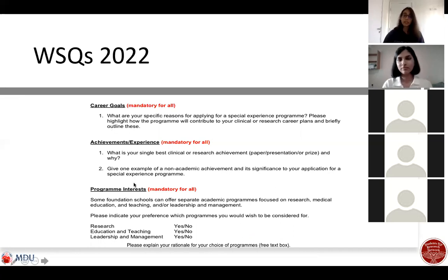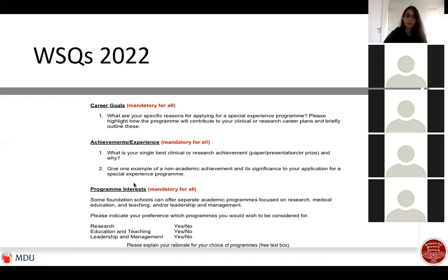Achievements and experience, that's the second set that's mandatory for all. Essentially, they want you to describe one clinical and one non-clinical achievement and how this would help you in this program. While we're going to discuss different strategies later, one tip for this is to have two sheets of paper, on one write your non-clinical achievements, on the other write clinical, and then lay down how many skills you can pull out from each and which one would give you the best chances of showcasing your best self in that question.